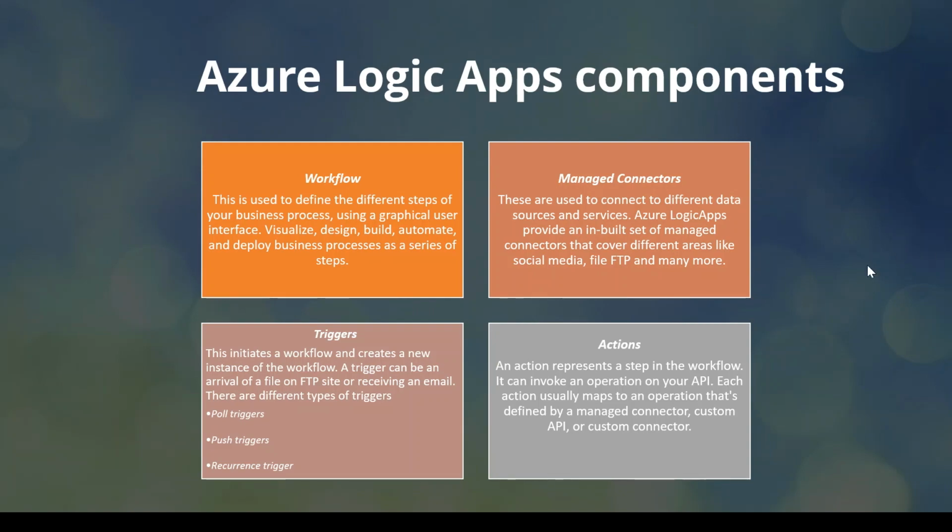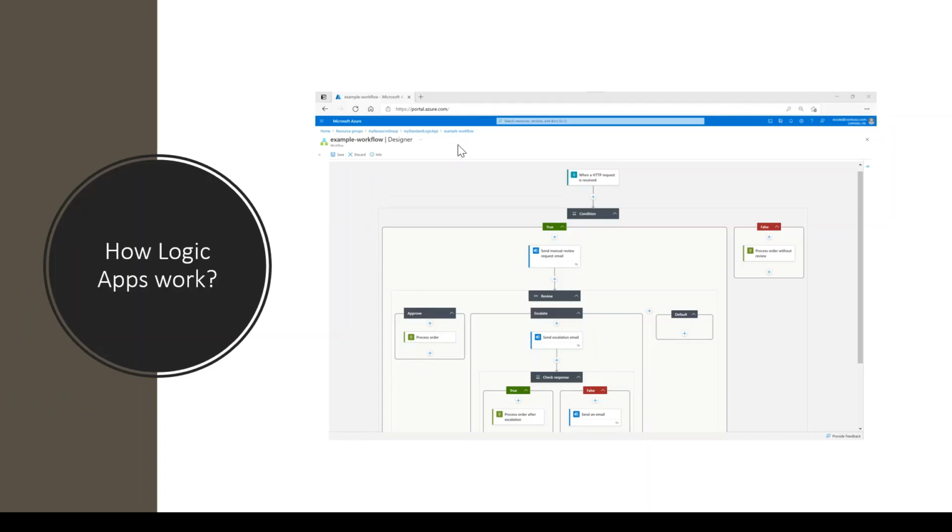And how does it look when we see it? So this is one example of an Azure Logic App. We'll create one simple basic one, where we will have one trigger and then an action. We will be using an HTTP trigger. The action will be the response which we will be getting. So let's just jump directly into the Azure portal and create our first Azure Logic App.